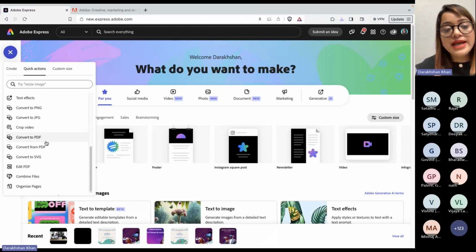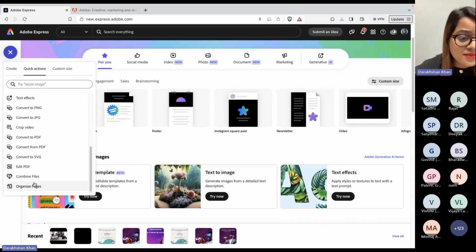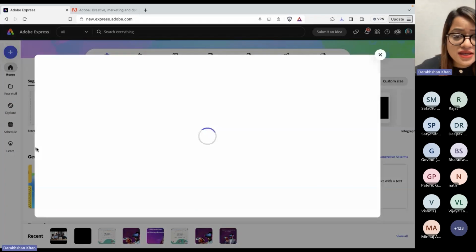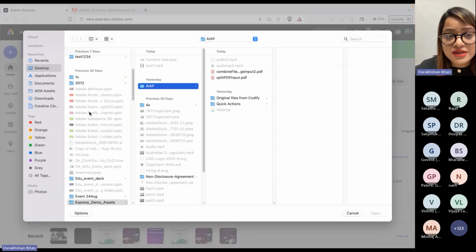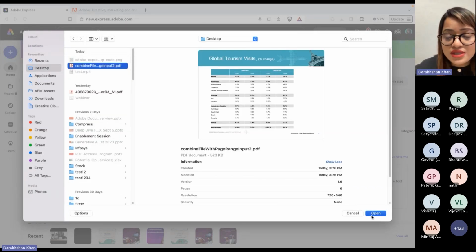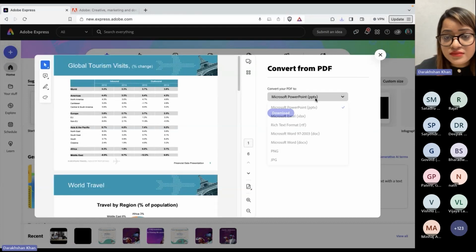So this is where we're combining the power of those quick tasks or quick actions of all the different applications. Whether you want to edit a video, whether you have a creative brief and you want to make certain changes to it, or if you want to convert any Word document to PDF or organize the pages. So let's say convert from PDF. Maybe this document has been created and what I want to do is convert this file. So I can go over here and convert it into PowerPoint or maybe into Excel